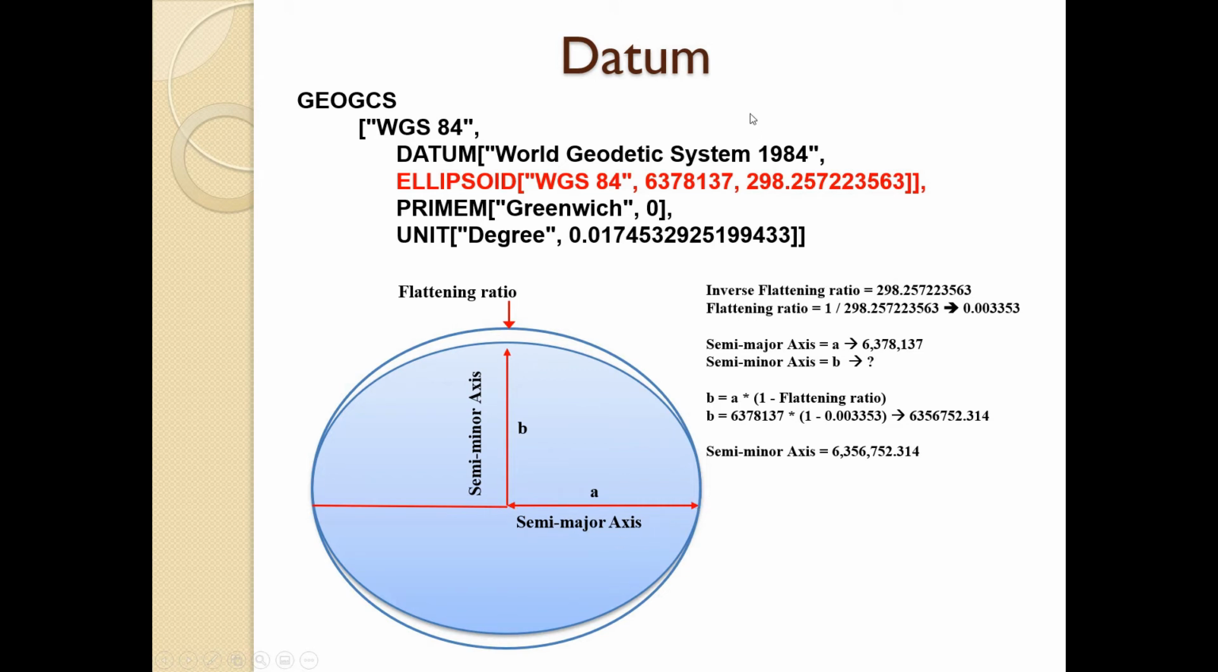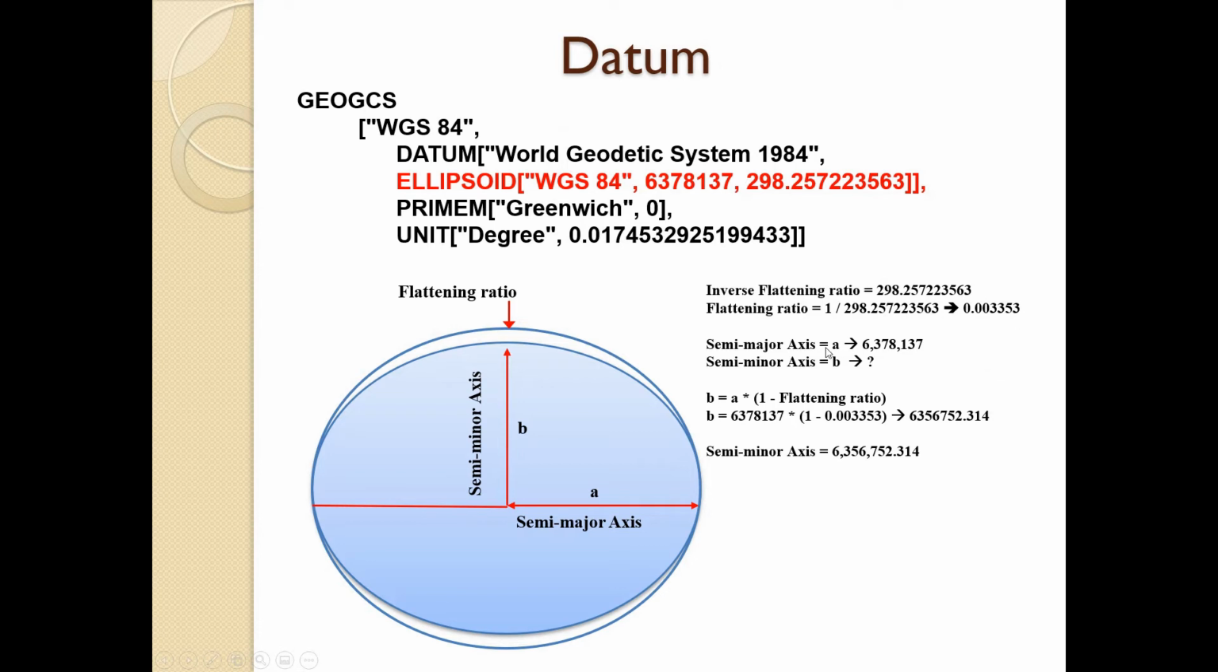That's called the semi-major axis, and that's this in meters. This number here is what is called an inverse flattening ratio. So to get the actual flattening ratio, you have to take 1 divided by this number. A lot of these reference systems use this inverse flattening number, okay? So here you can see it. Take 1 divided by that number, that will give you this flattening ratio, which is